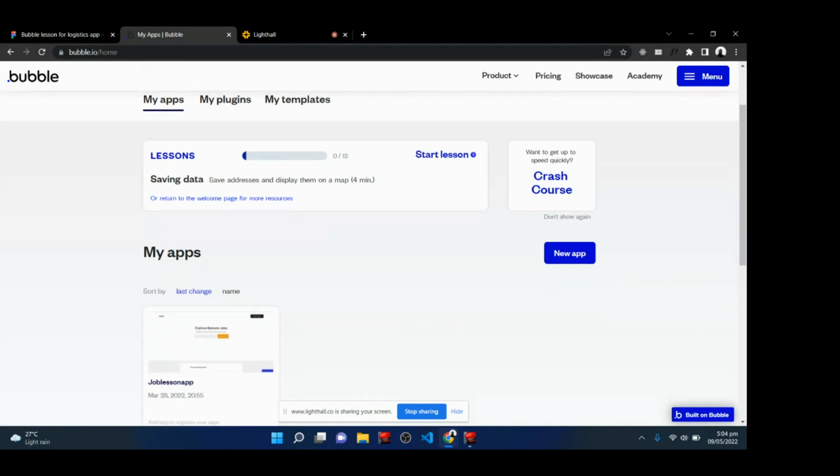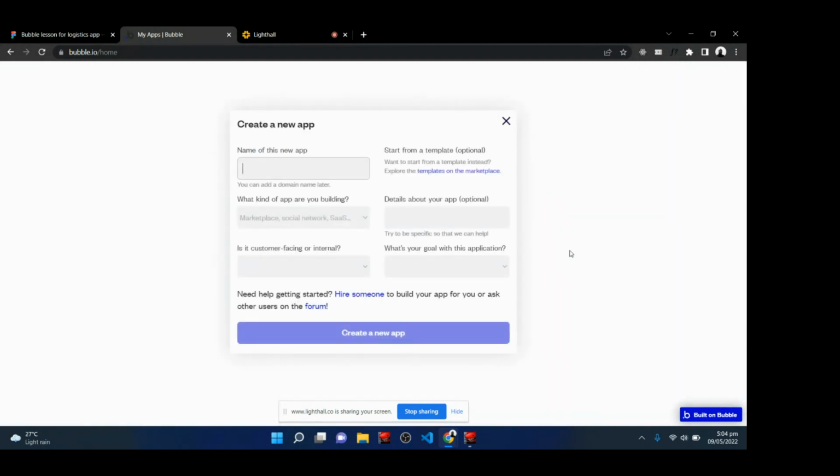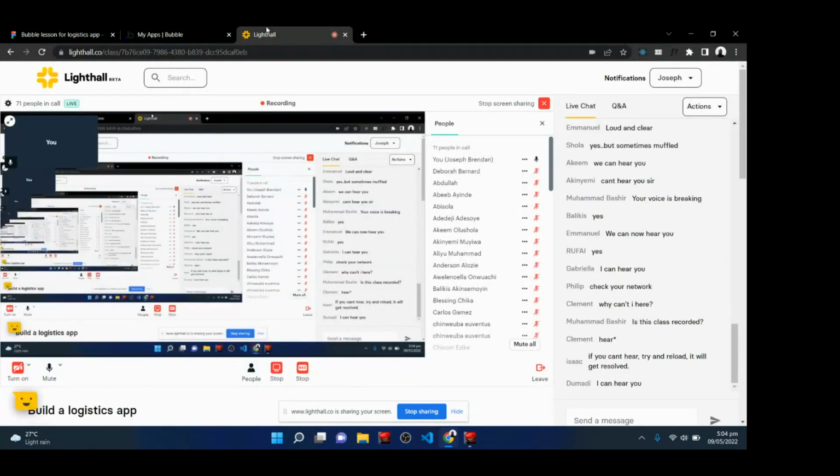So to create an application, in this case, we want to create a logistics application, yeah? So to create an application, when you log in, come here and click on New App. Now, I hope everyone is hearing me. Now, when you click on New App,